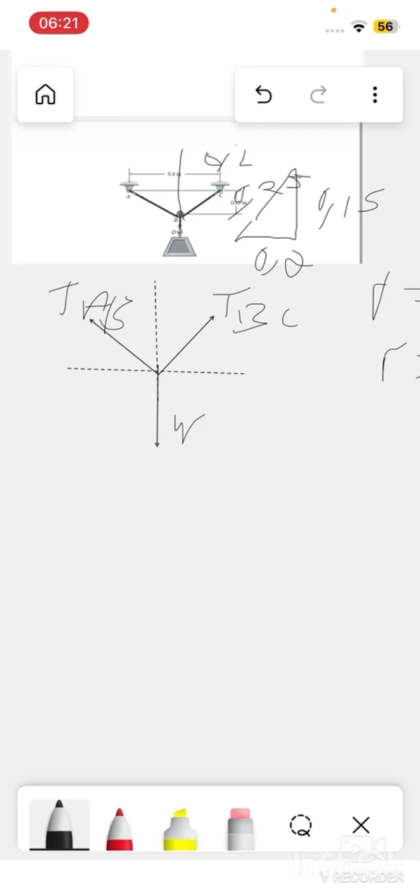Therefore, we can name our components. Here we have T_BC, so T_BC is equal to